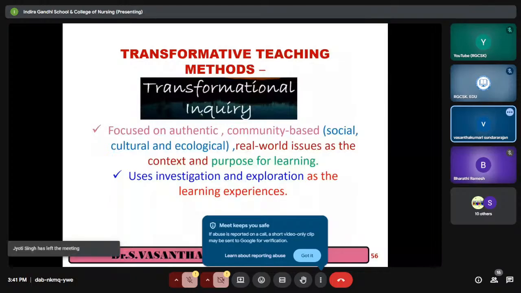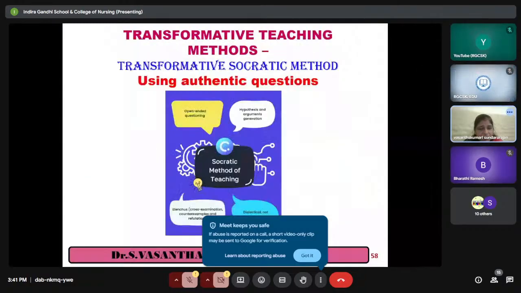Next. The same thing. I don't want to tell the same steps. Next. So next one, it's a Socratic method we have to use, where we have to go with authentic questions. So we should not go with any kind of didactica. Didactica is nothing but the traditional methods of teaching and learning. That should be totally removed. Open-ended questions should be given. Hypothesis testing should be done. Next